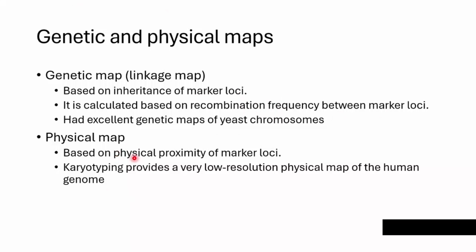The physical map also uses these markers, but these markers are physical. So they're stretches of sequence that is kind of unique that you use to build this map. And karyotyping is one example on how you can build this physical map, although it's very low resolution. So you're creating here,